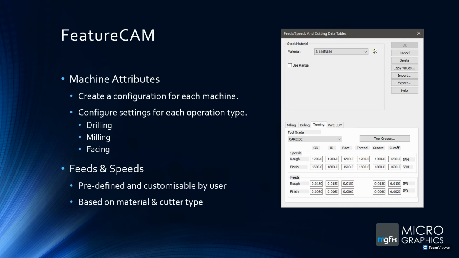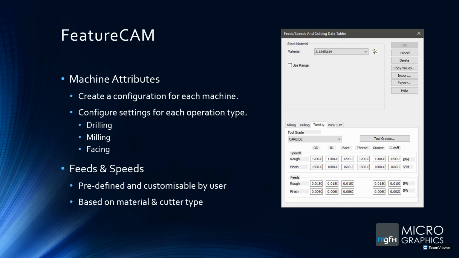And the next one we're looking at here is feeds and speeds. Your feeds and speeds can be predefined according to various parameters or properties. These properties can include the material properties, such as its hardness. So in the image on the right-hand side here, we have aluminium. When setting up your stock, you have the option to choose the material as well as setting a hardness value for that material. Other properties such as your cutter material, or material grade and coating, you can see on the